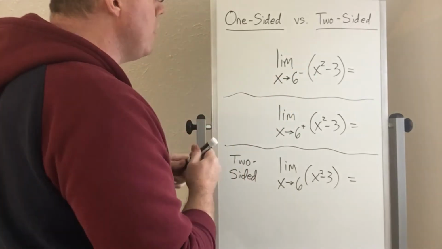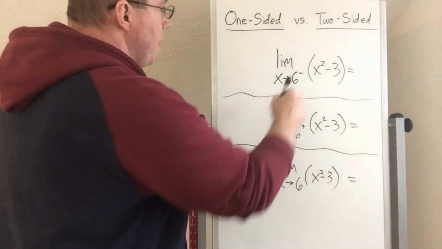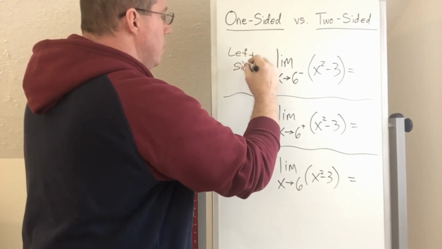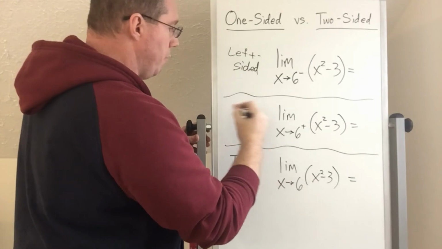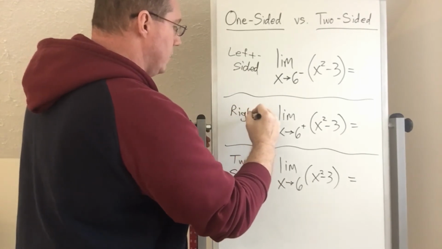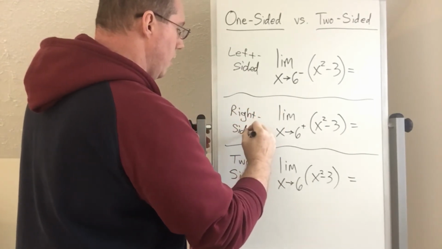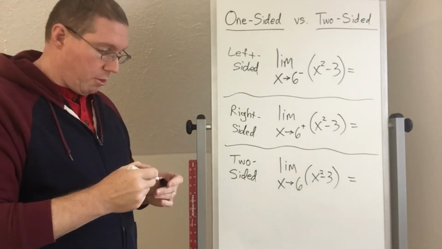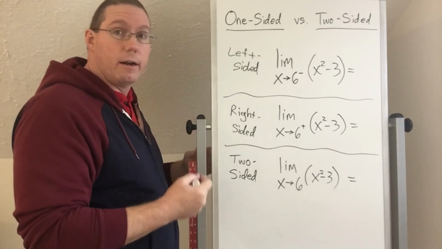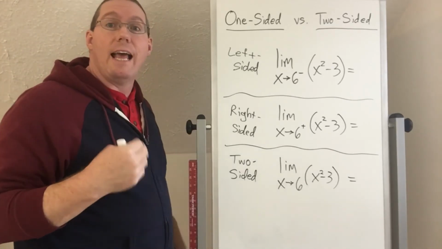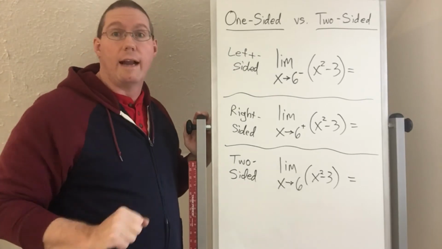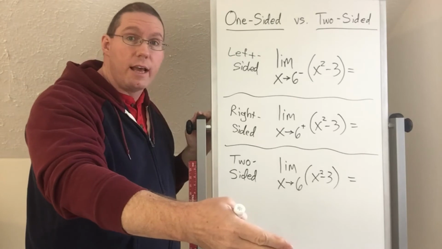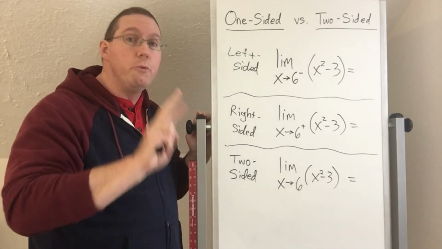But up here, this one-sided limit, because it has the minus here, this is a left-sided limit. And this one, because it has a plus, this one is a right-sided limit, okay? And that is the basic distinction in looking at limits. What is the difference between a left-sided, right-sided, and a two-sided? And so what we're doing today is primarily focused on one-sided limits. And in the day 2 lessons, the next thing we're going to learn about limits, we're going to do two-sided